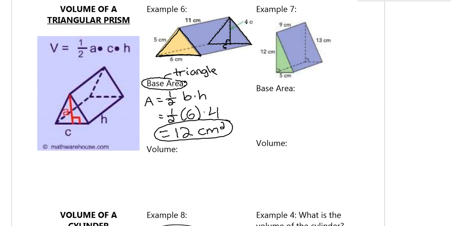that base to C and the height to A, just so you don't get confused between your heights. So I have the 2 pieces of my triangle, that's for your base area, and then I have the length that connects the triangles. That's your height, and that's true for all prisms, cylinders. So height connects